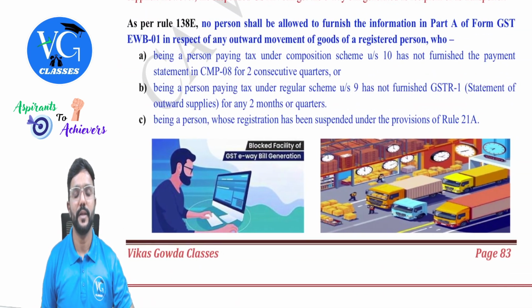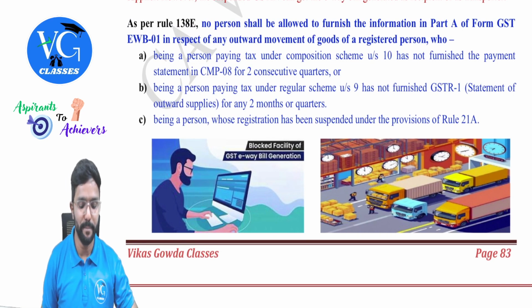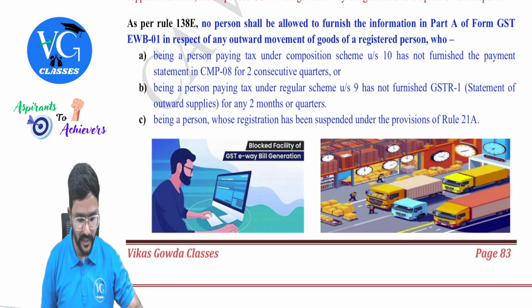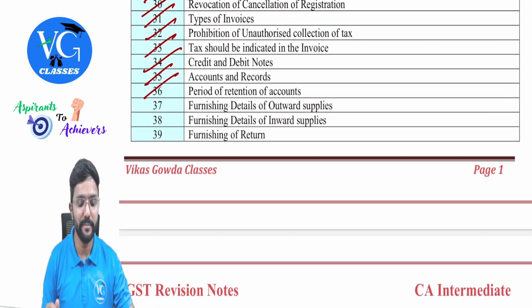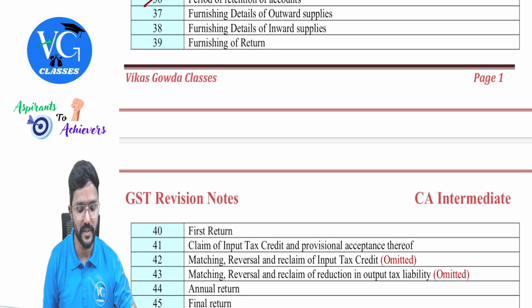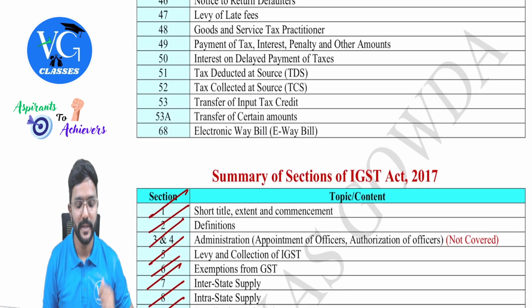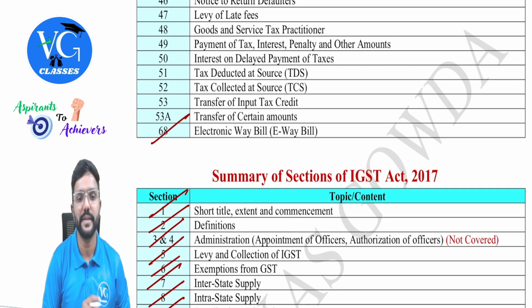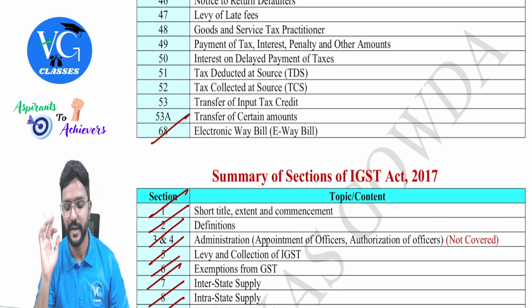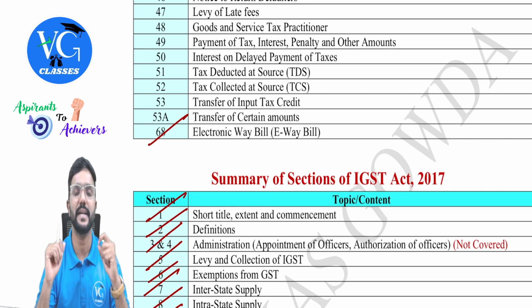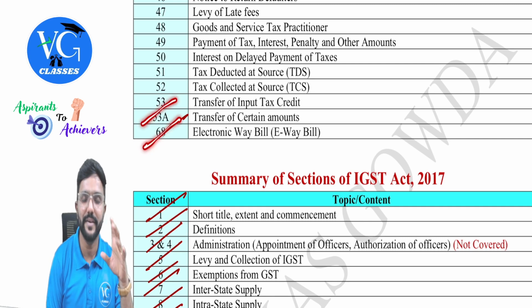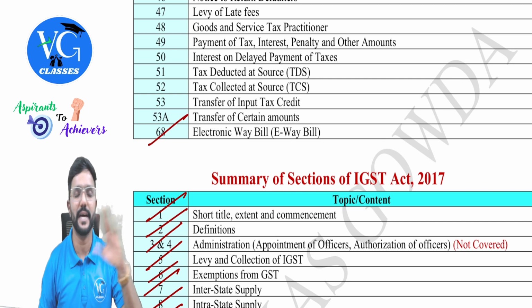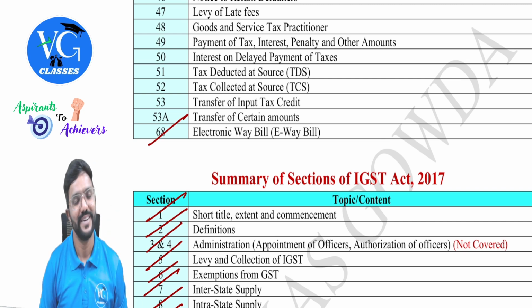So this is all about the provisions with respect to e-way bill, guys. So come to the section list. We have covered section 68 of CGST Act along with a few rules. Okay. See, in between sections, we will be covering it in the upcoming chapters with respect to returns, payment and all. Yes. So 68 I have given you, we have covered. And whatever we have covered under CGST Act, same to same is applicable even under IGST Act, guys. Got it? And here, actually after 53, I have straight away given 68 because in between sections are not a part of your syllabus. That is why. Done, guys.